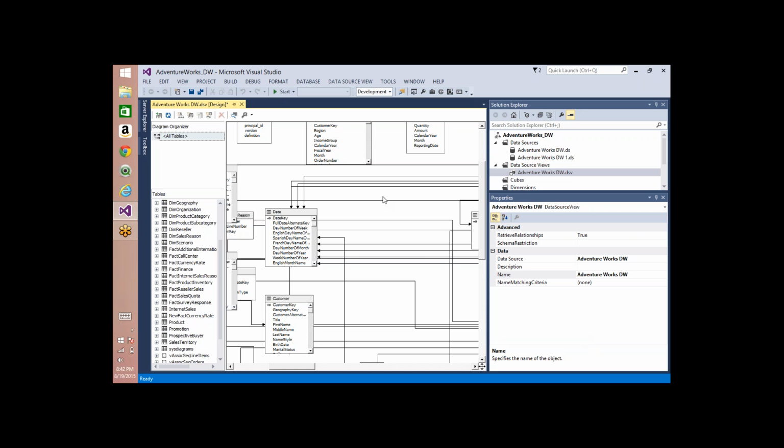Okay, in the last session we have seen what is a dimension, what is a fact table, how to identify a dimension table and how to identify a fact table, and star schema and snowflake schema. There are a few other schemas like galaxy schema or star flake schema, which are not of high importance, and you may not get a question about these schemas in interviews, and you may not be using them in your